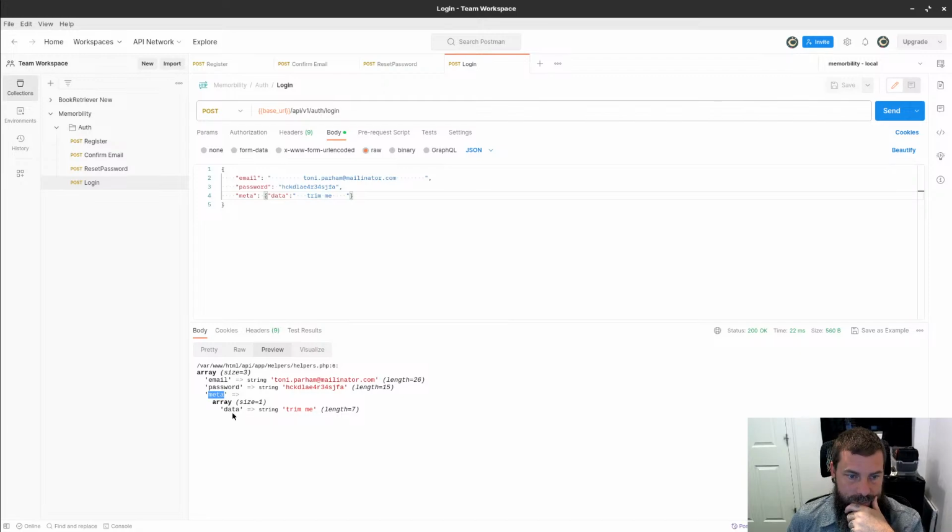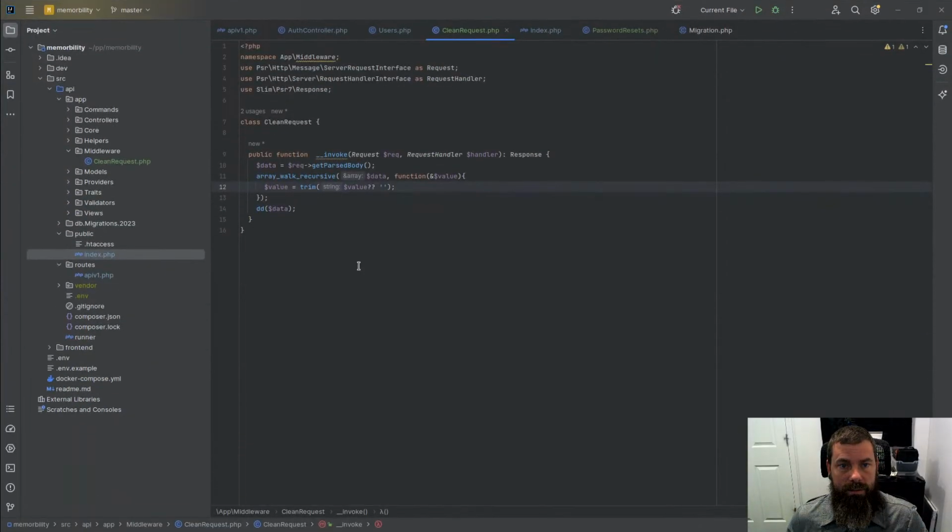Yeah, so meta is an array, the data, and it is trimming that. So that array walk recurse is working really nicely, I think, for this. We may have to change that, but I kind of like that. Now, the last thing I'd like to do besides just trimming this is I want to go ahead and run